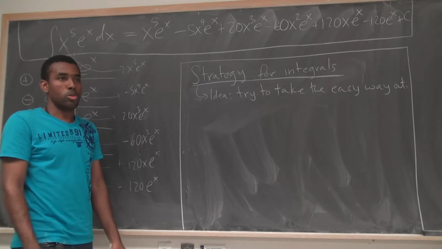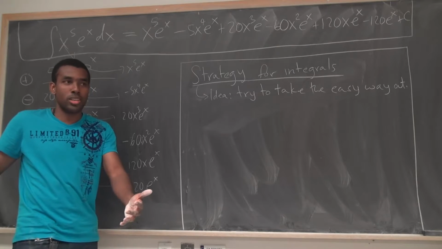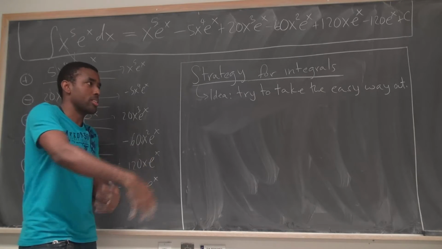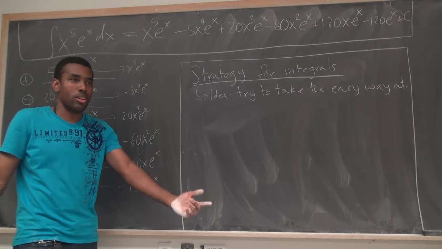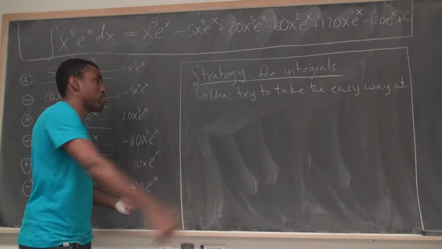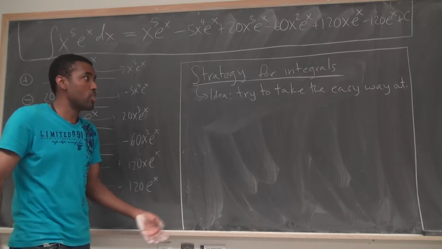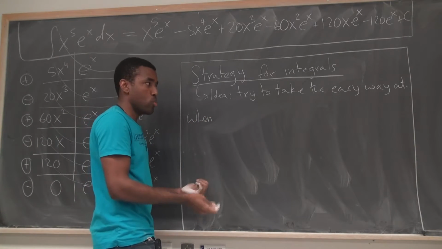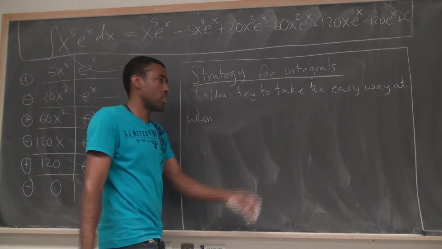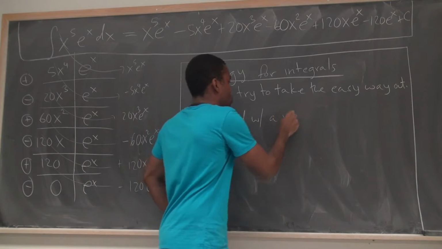Substitution is the easiest one you're going to get. Integration by parts is the next easiest. Next time we're going to learn trig sub soon. It's going to be annoying. Then you're going to learn integration by partial fractions and all sorts of things. So the idea is try to take the easy way out, which means when faced with a random integral, which on the final you will be, they're going to give you a list of integrals and say integrate all of these. When faced with a random integral,